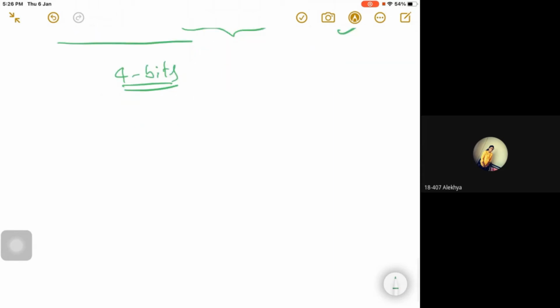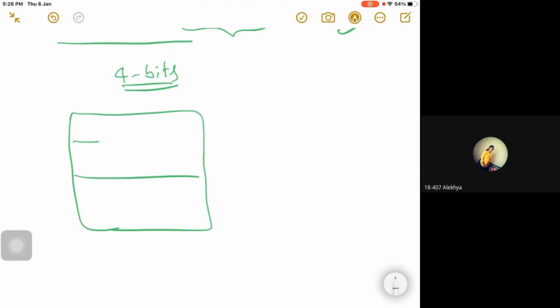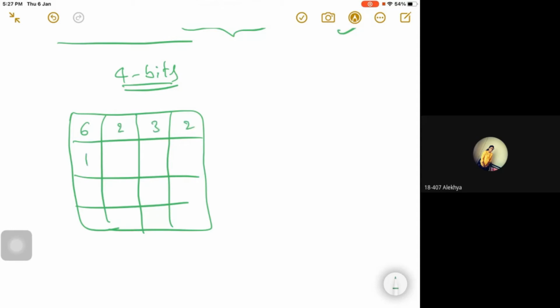Let us consider a 4 by 4 image, 4 rows, 4 columns. The image intensity values are 6, 2, 3, 2, 1, 5, 0, 7,